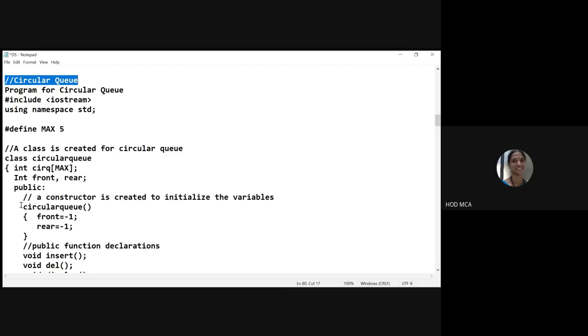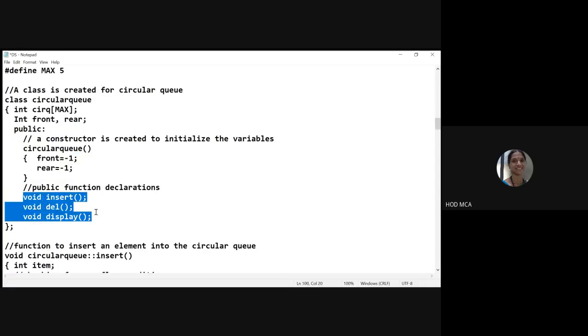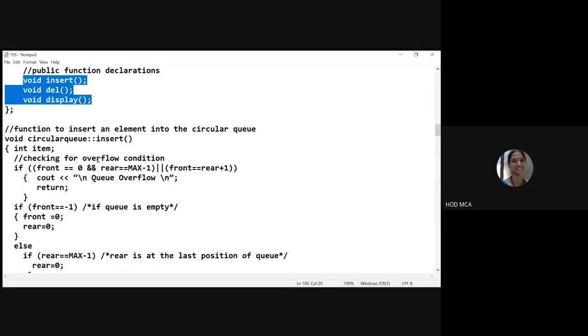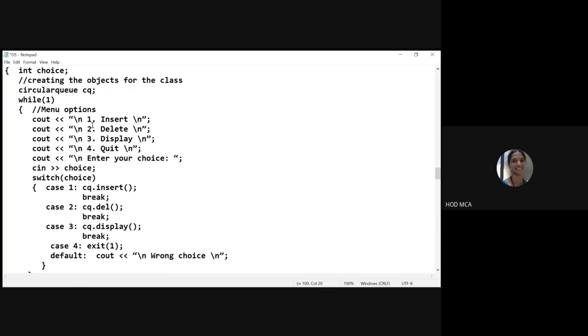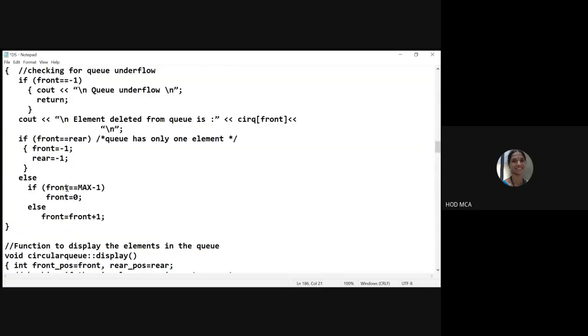So in circular queue also, we try to initialize front and rear as -1. And then we see the three important functions: insert, delete, and display. Let us see how we can insert into the queue. And then of course we have written the main function, which will have all these menu options: insert, delete, display, quit. And then you are supposed to enter your choice. We accept that choice. Based on the choice, we are using a switch case, and then you call the respective functions from here. That is the main function. Since we have used a switch case here, depending on the choice that you enter, your particular function will be called.